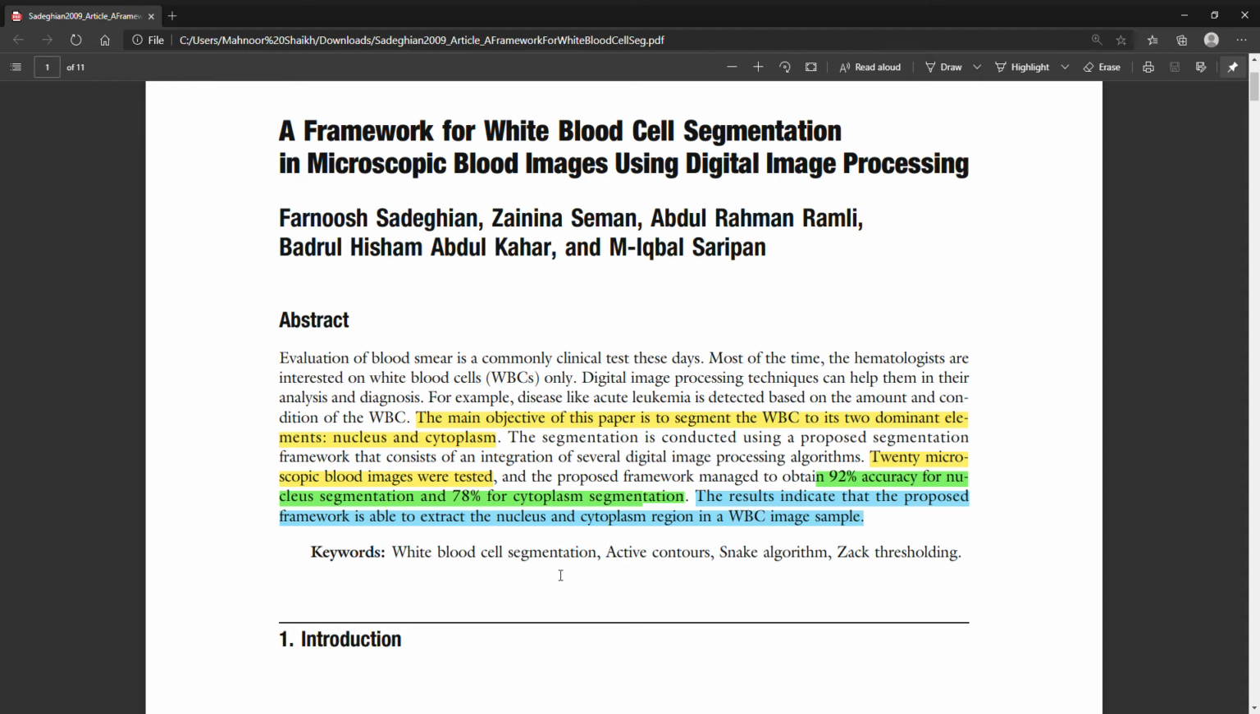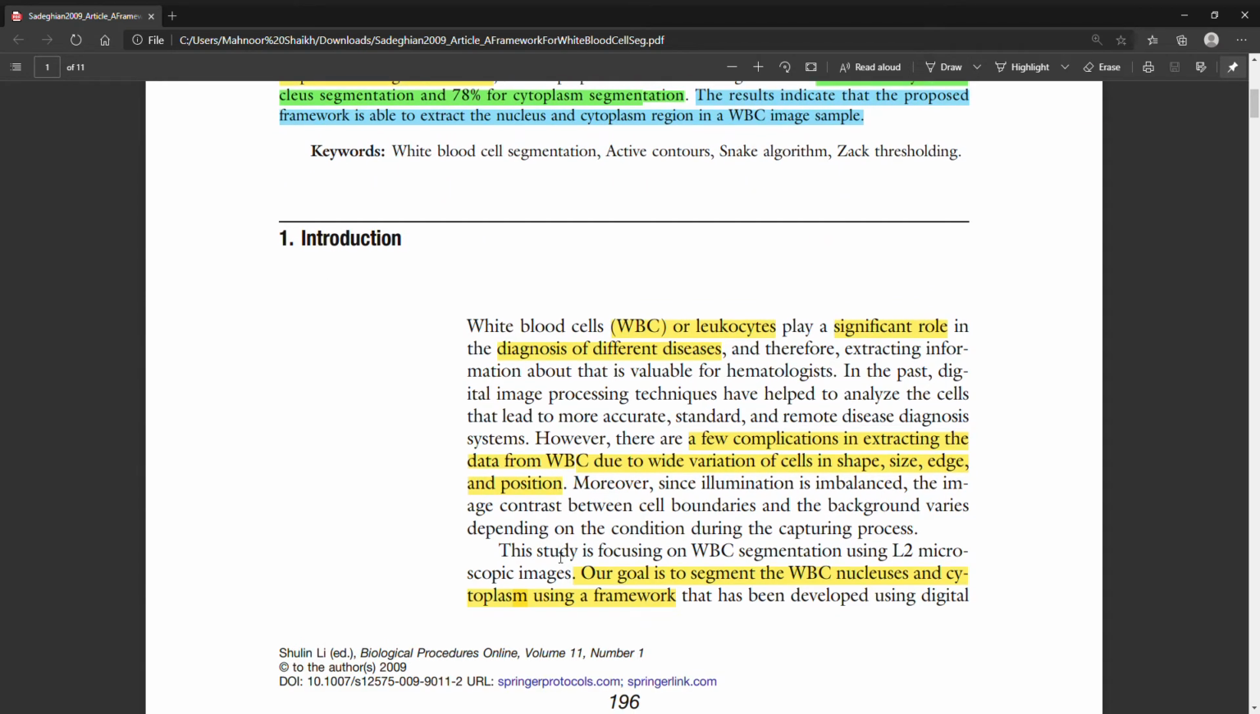The results indicate that the proposed framework is able to extract the nucleus and cytoplasm region in a white blood cell sample. The white blood cells or leukocytes play a significant role in diagnosis of different diseases, whereas a few complications in extracting the data from white blood cells occur due to wide variation of cells in shape, size, age, and position. So the goal of this study is to segment the white blood cells, nucleuses, and cytoplasm using